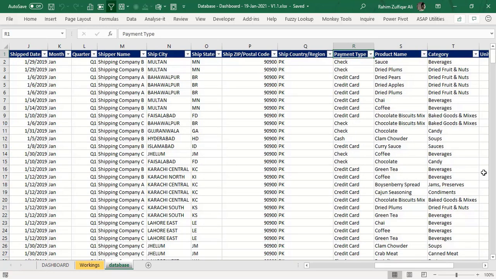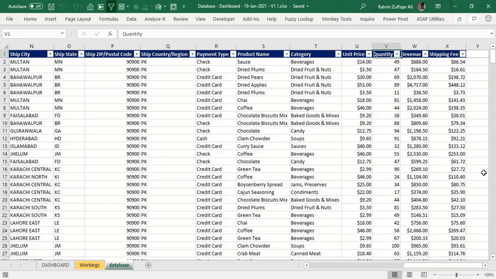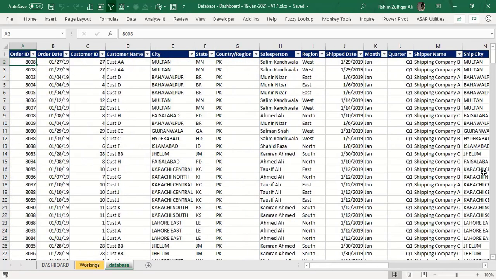how the customers are paying to you, either by check, credit card, or cash. The main products, their categories, main categories, and definitely some number columns like unit price, quantity, revenue, and shipping fee. So these are some of the columns in the data set, and we need to start analyzing from different perspectives